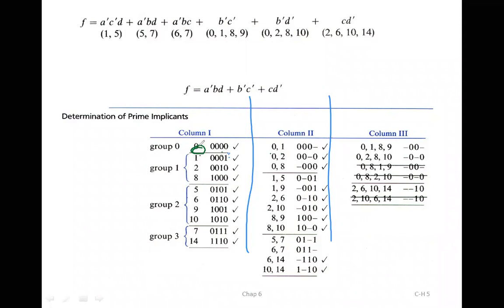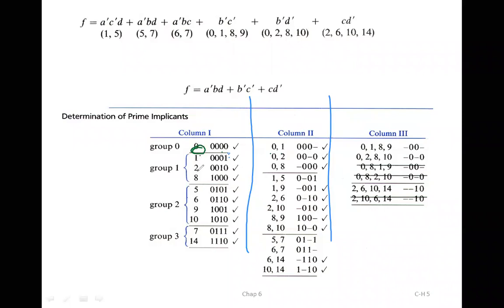Next, what did I tell you? Again, we have to compare 0 with 2. Now, when I compare 0 with 2, 0 and 0 are the same, 0 and 0 are the same, 0 and 1. So there is definitely only 1 bit change. So 0, 0, the third one is changing. So hyphen, the fourth one is as it is. Next, 0 should be compared. So 2 also I can check now.